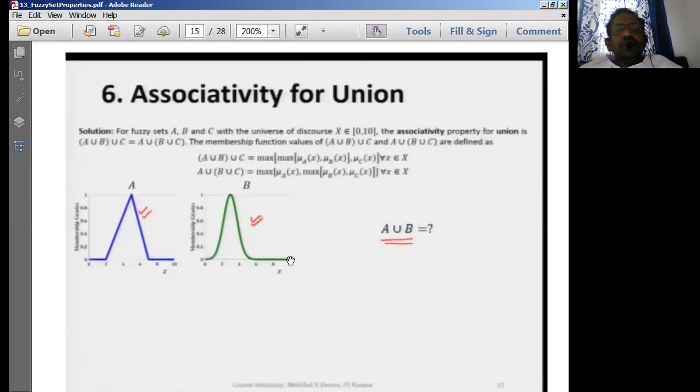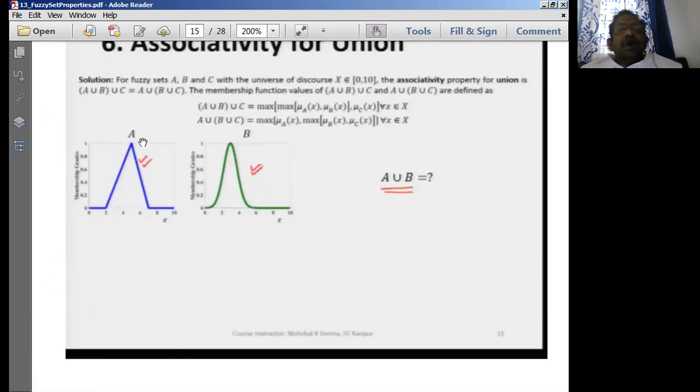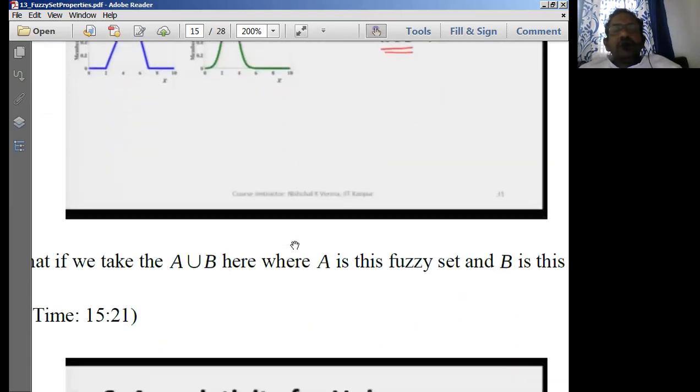So let us try to go with the associative property. First of all, (A union B) union C can be written as the max of, first of all you should get the max of A union B, then the resultant of these two is applied with C. So something like a nested statement we are going to get here. First of all, we have to cope up with A union B. We have already performed this operation to demonstrate the commutative property. So let us solve for the same thing now.